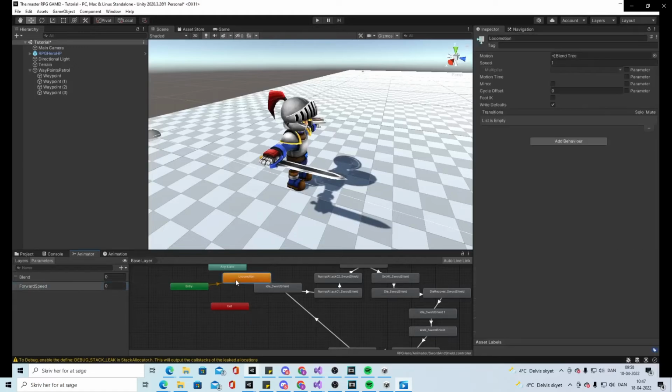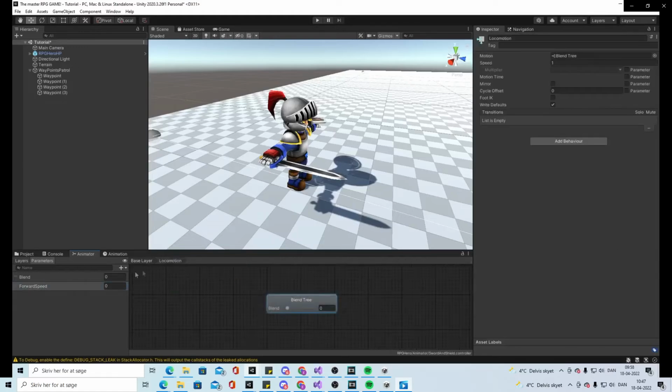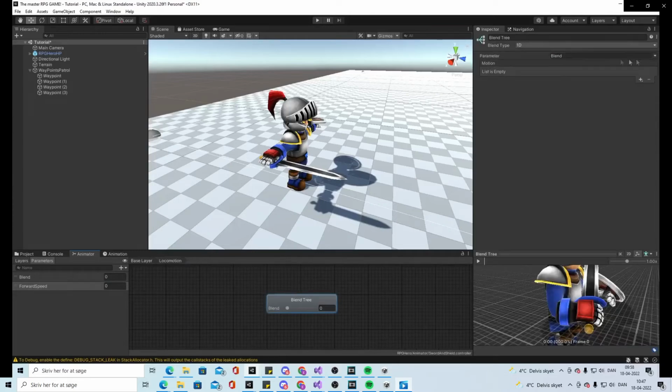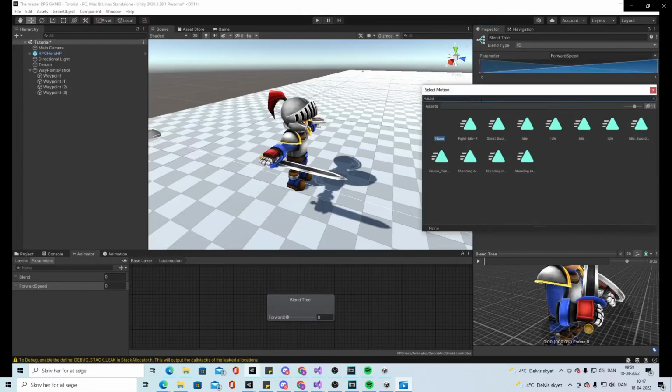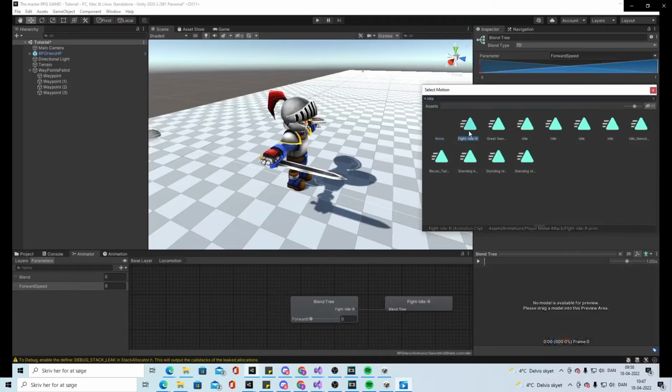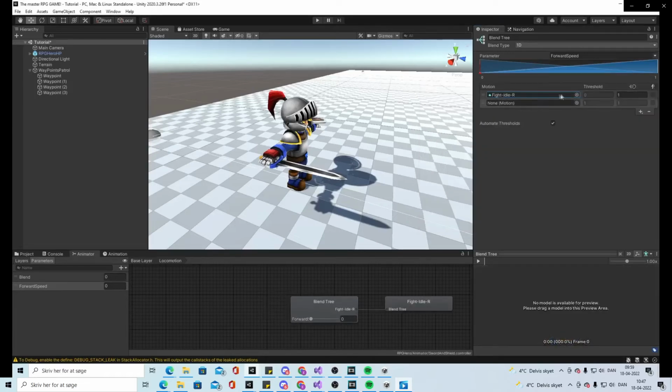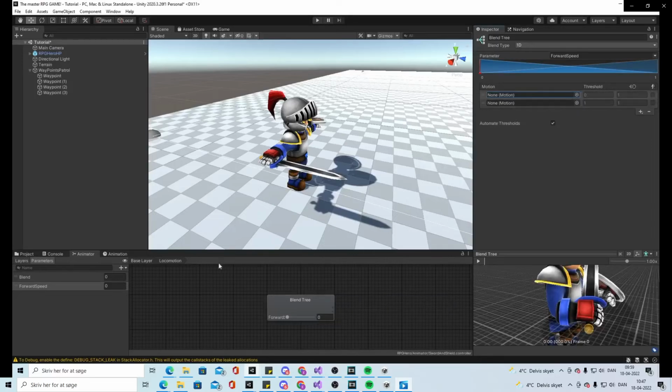And then I'm gonna open the blend tree, and I'm gonna say the parameter is forward speed, and I'm gonna add 3 motion fields. 2 can be enough. Unfortunately, I didn't use a clean project, so this has a lot of animations. So instead, I'm just gonna delete it, and I will go lock this one, and I will go into